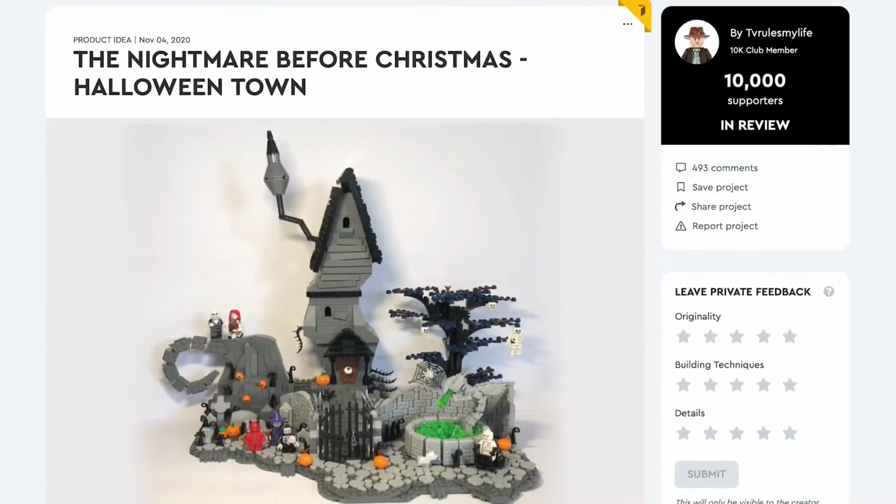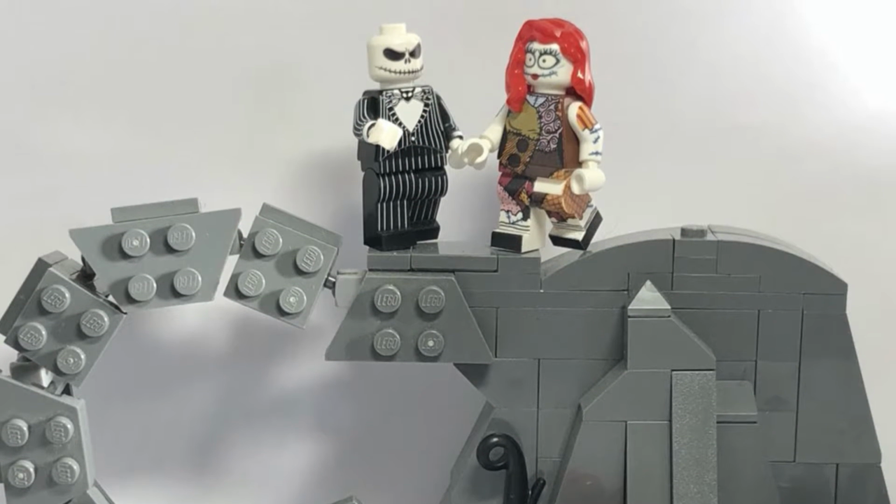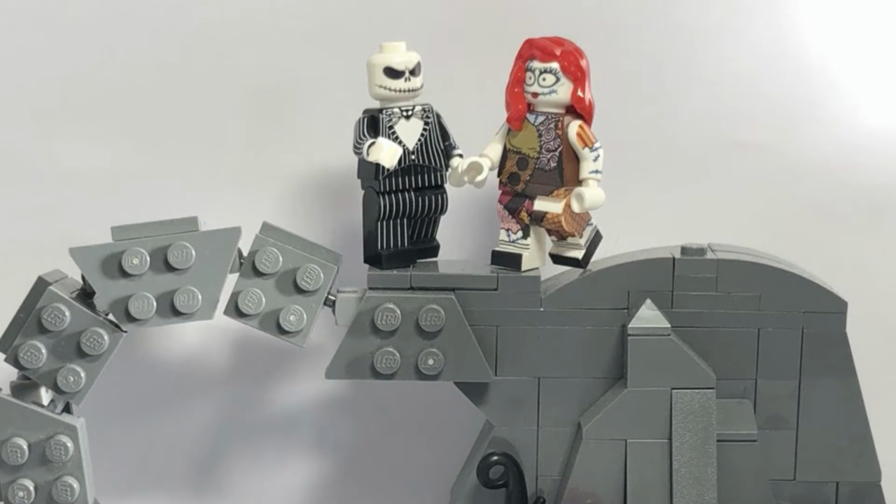Number 3, The Nightmare Before Christmas Halloween Town by TV Rules My Life. Yeah, they could renew their partnership with Disney to make a Nightmare Before Christmas set. However, I'm not sure they will, because they've kind of already included the minifigures in the Disney minifigure CMF series,